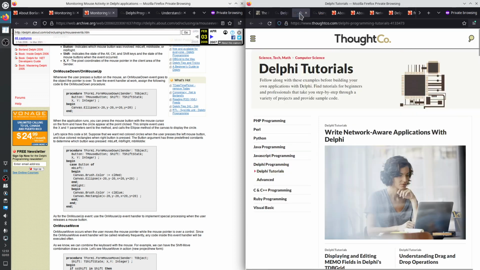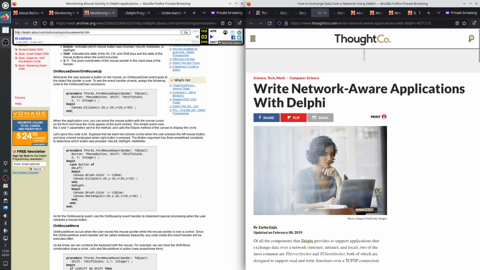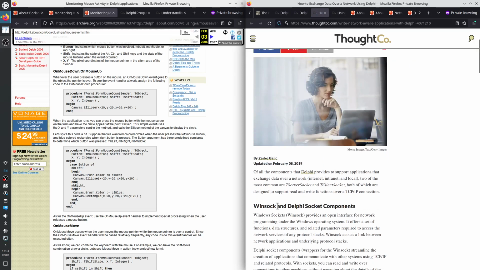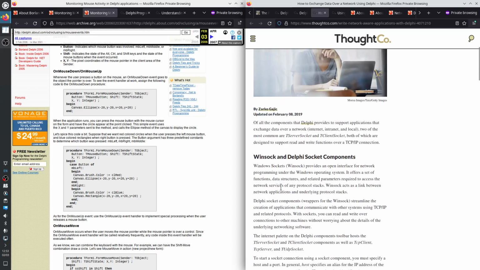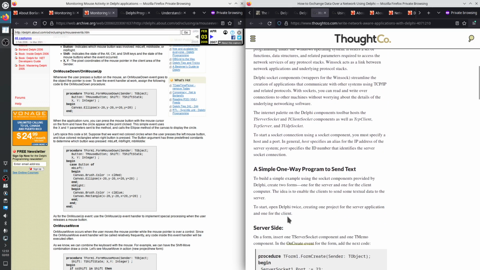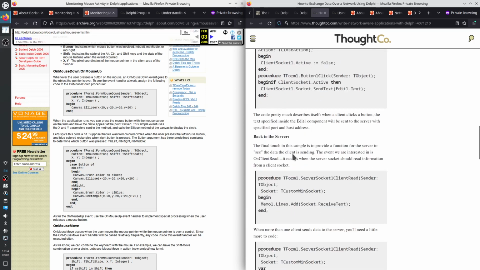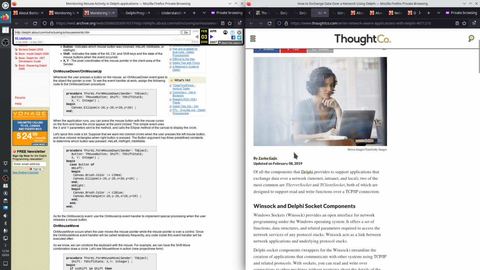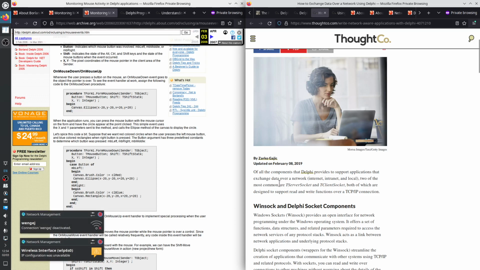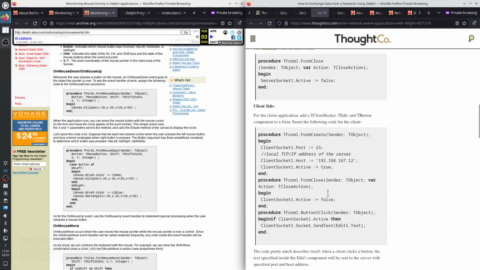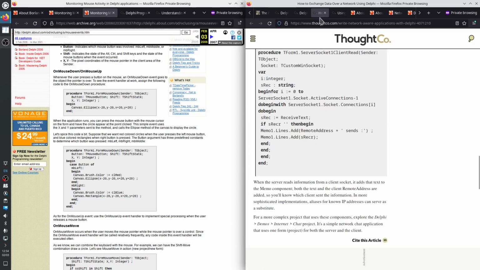Delphi tutorials. Huge fonts, lots to scroll through, and they've also added pictures of people, which is mandatory if you are going to write any article nowadays, because that's a trend.